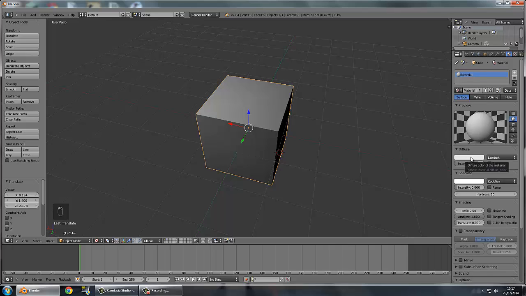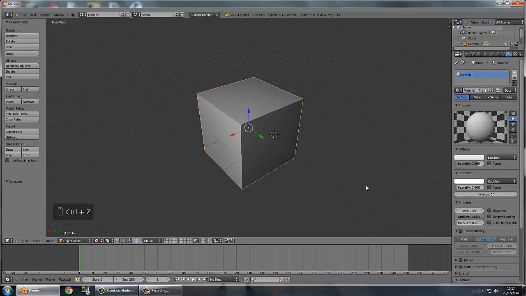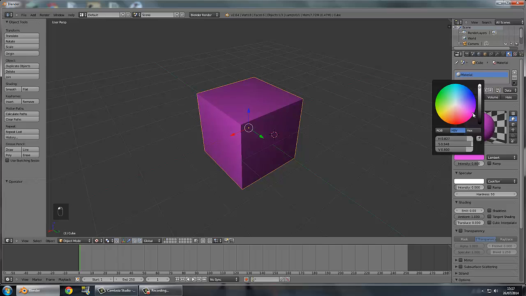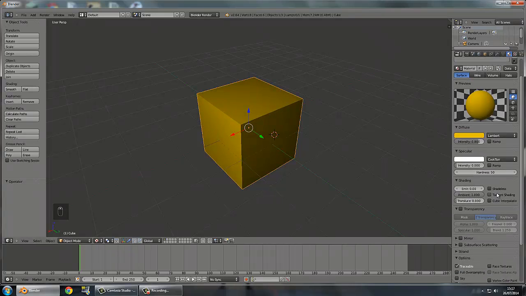If you click on the diffuse and just go around, you can change the color of your object. There we go. So yeah, don't mind me clicking between those. That was a mistake. So yeah, you can just change any color, whatever. Let's go with yellow, and then